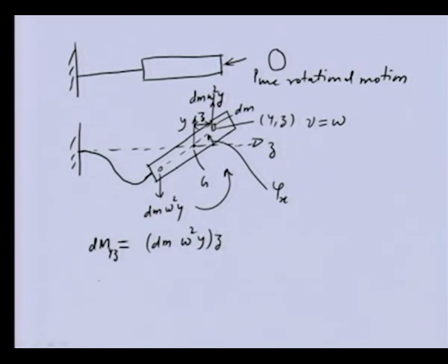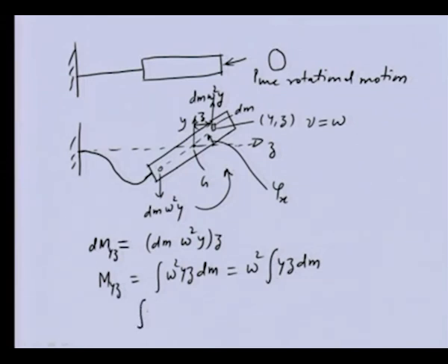Now, if we want the moment of all such particles of the long stick, we can integrate this, and we would get this expression, with omega square taken common. Now, this particular quantity within the integral we can express as a product mass moment of inertia, and that can be obtained for this